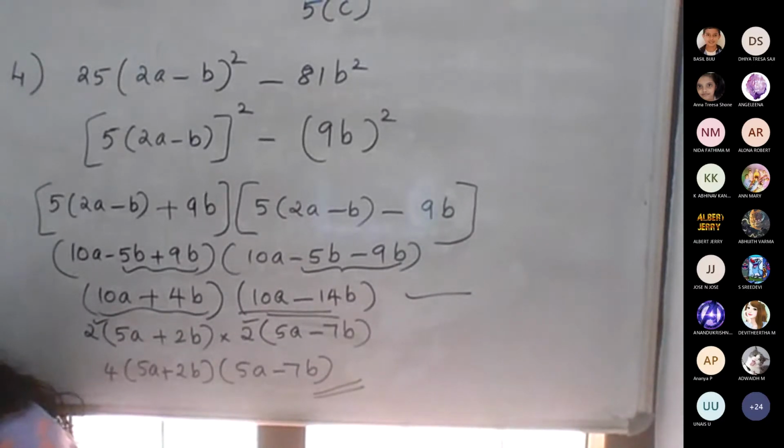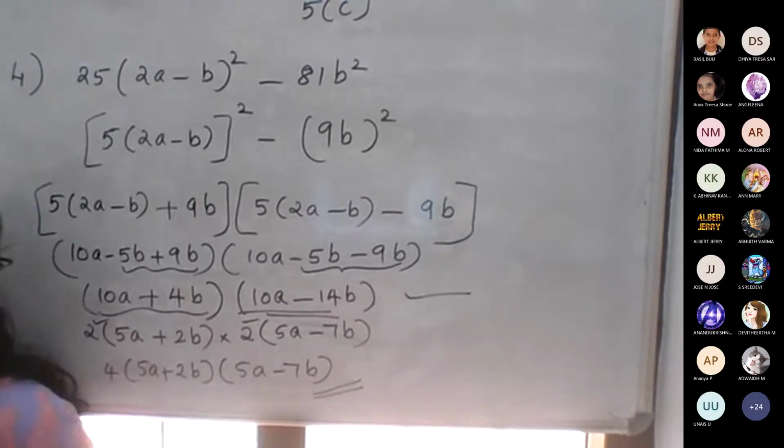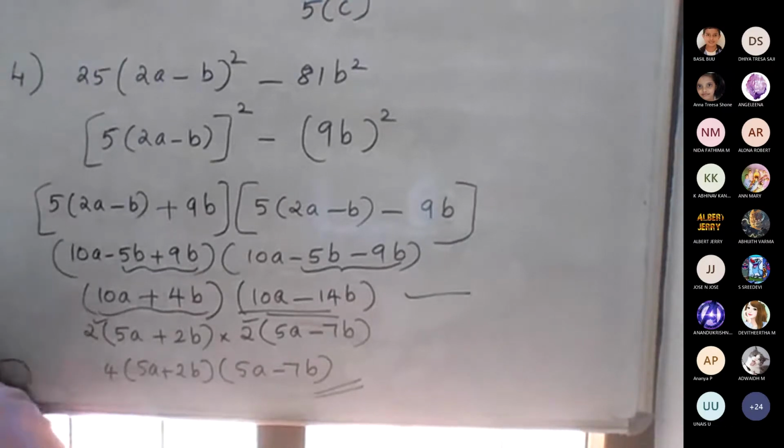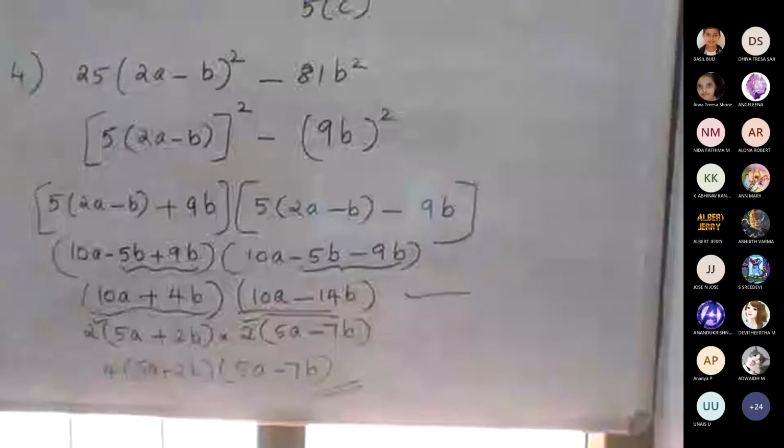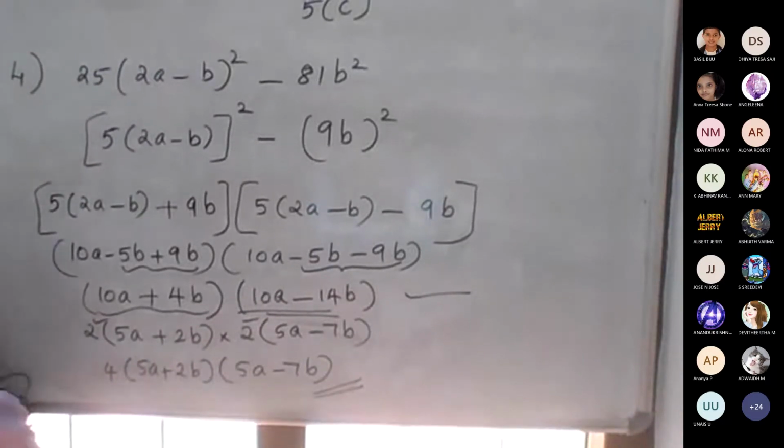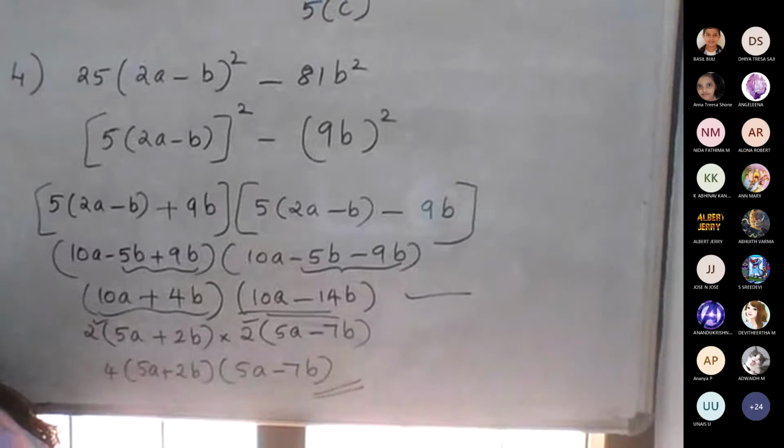Then question number 5. We already studied a square minus b square only, no? Then what about question number 5? 50a cube minus 2a. Square of what is 50? How can we do it? A cube is there. We have to apply the a square minus b square formula. So what will we do with this? Any idea? If we do some adjustment, we will get the answer.